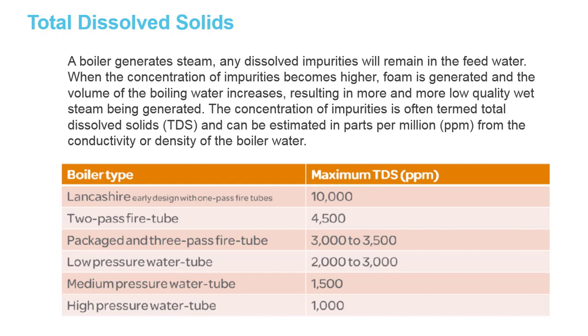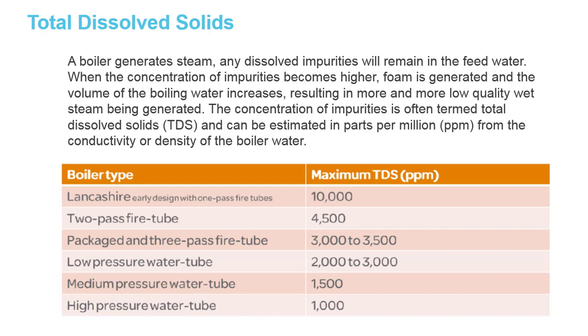Usually, while you have this kind of issue, foam, your laundry will complain. They will not achieve the desired steam, will not give the desired temperature, and the cooking process also will get affected. So this carryover, we have to control it. The dissolved impurities are one of the main reasons for the foaming. Through foaming, this carryover will start.